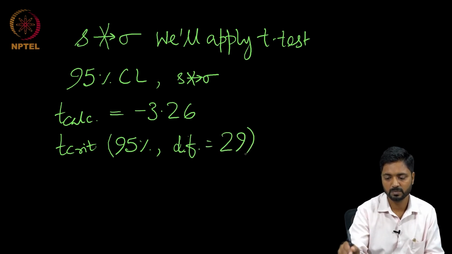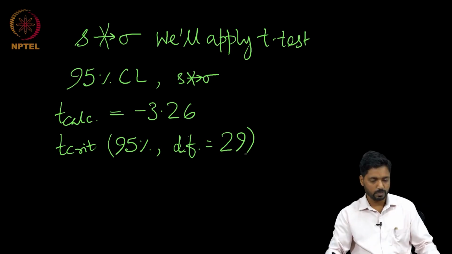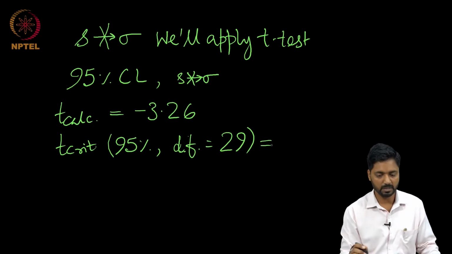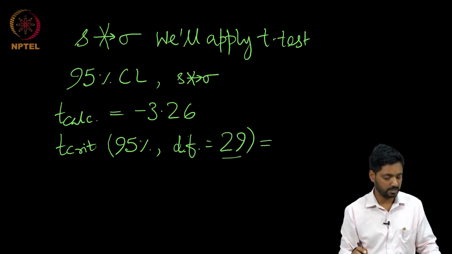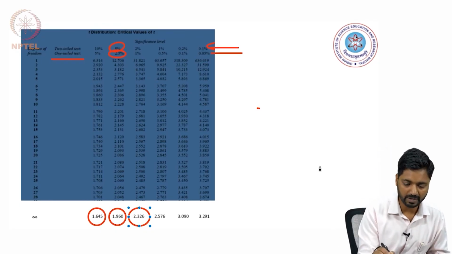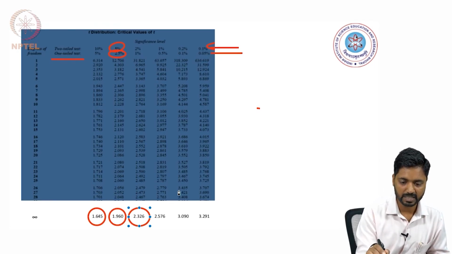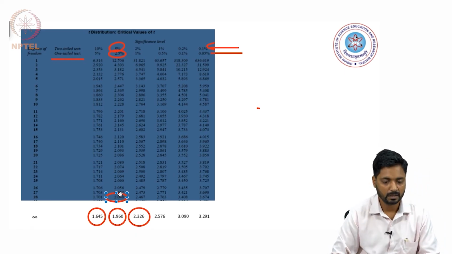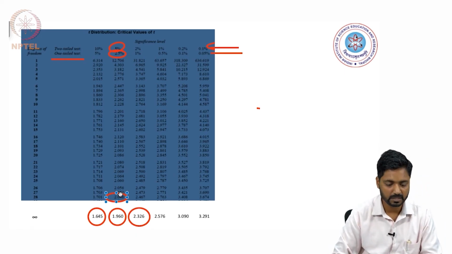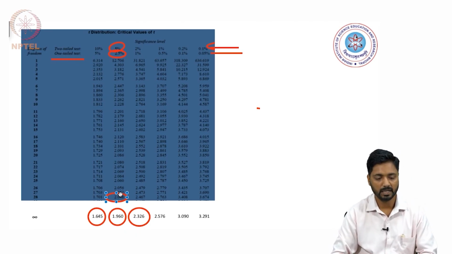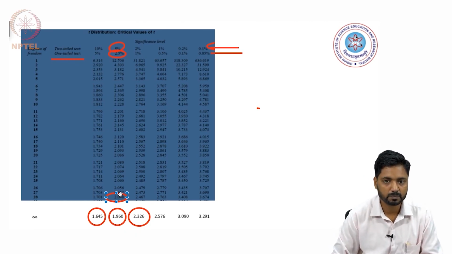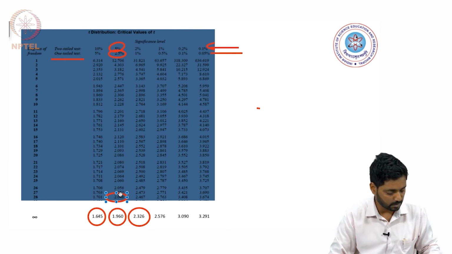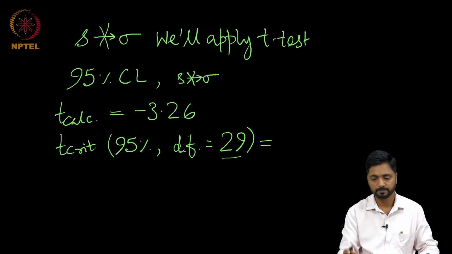And the degrees of freedom now is 29. So, let us look at the t critical value from the table at 29 degrees of freedom. While we do not have it, what we definitely have is the t value at 95% confidence level and at 28 degrees of freedom. So, we can extrapolate this number to 2.04,